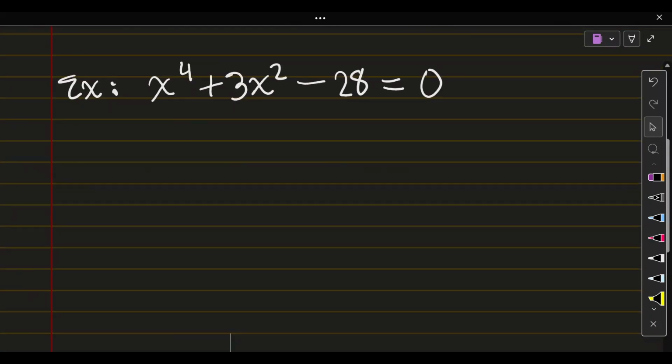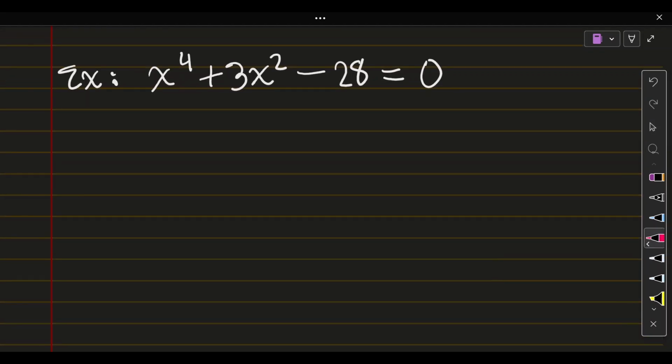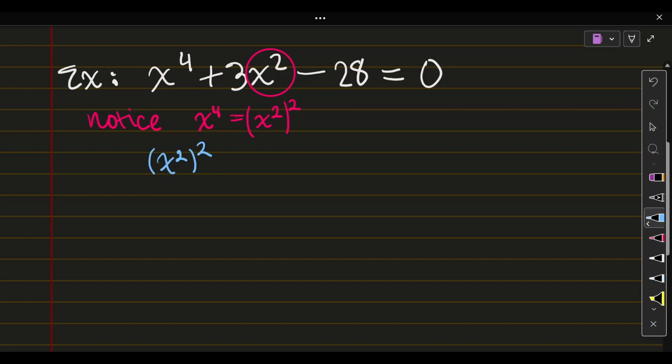I have x to the fourth plus 3x squared minus 28 equals 0. And I'm going to notice something. I want to notice that x to the fourth is the same as x squared squared, okay? So I've got this thing here, and then I've got the same thing squared, right? So if I rewrite this equation, I can rewrite it as x squared squared plus 3x squared minus 28 equals